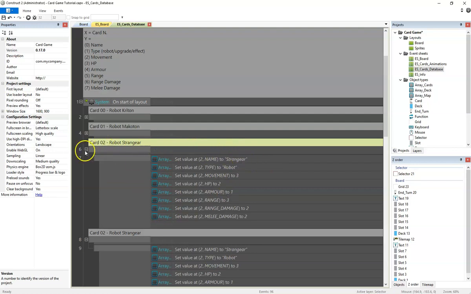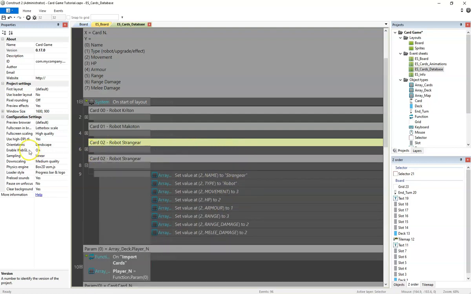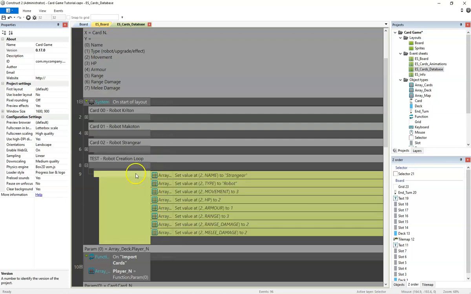Anyway, so this is the name of this card. And then for our database with the cards, we're going to comment this in test robot creation loop, and we create a loop here,